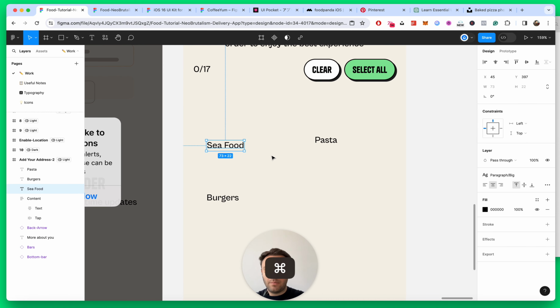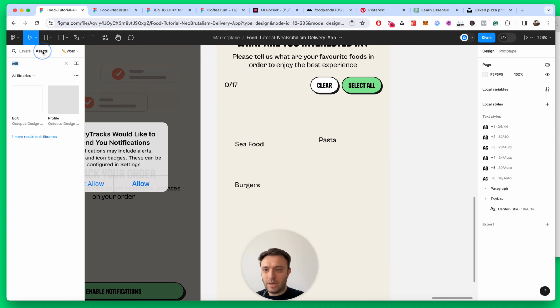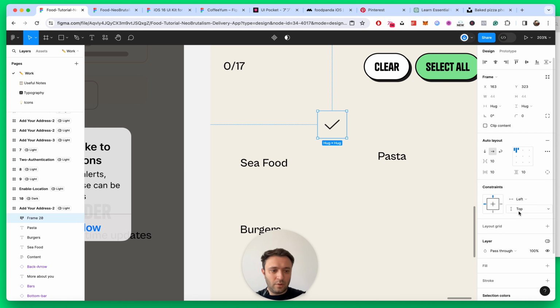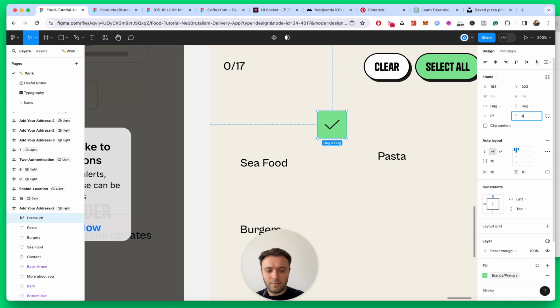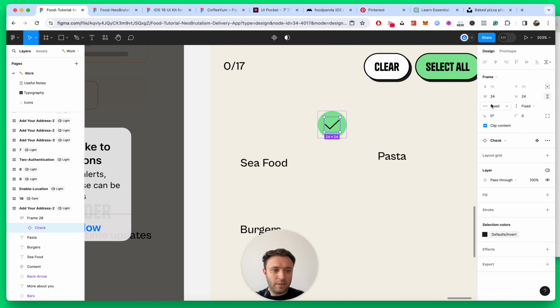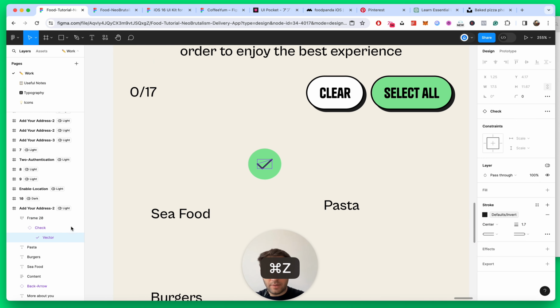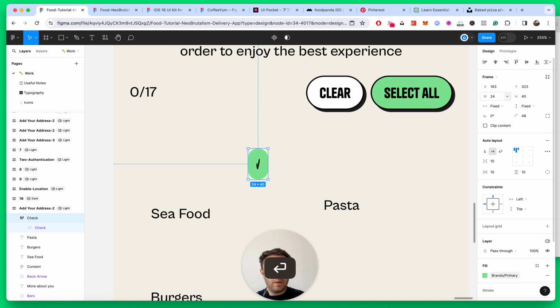Okay, and now we want to make sure we add a check mark. Let's add our check. Okay, add an auto layout, and let's make the fill 48. Make sure this has a fill in order to manipulate, and let's say that is 40. Okay. Because if we decrease the size it will look odd. Check. Okay, 24,